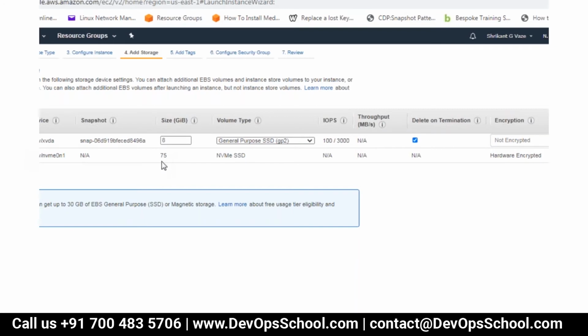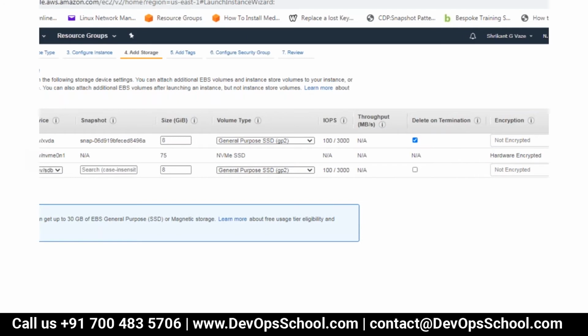This is predefined 75 GB. So to answer your question, when you create an instance, that time you have a chance of selecting this instance store. Now if I go ahead, now here I can only select EBS. I cannot add another ephemeral disk. So if I want to create instance type, I have to select in instance family only.